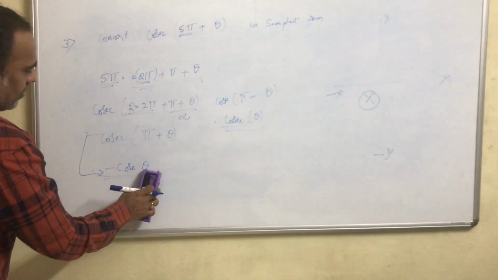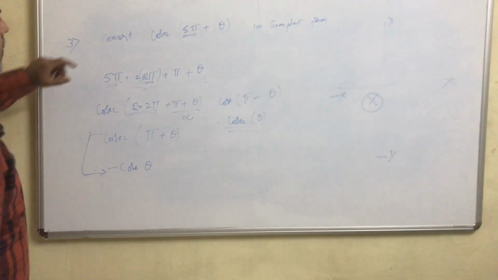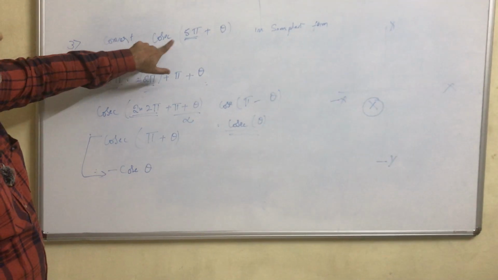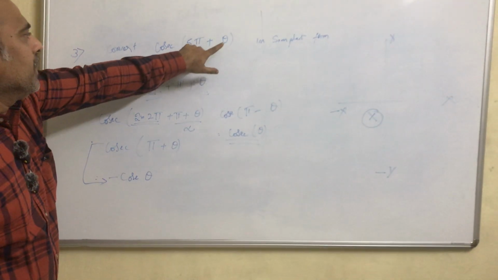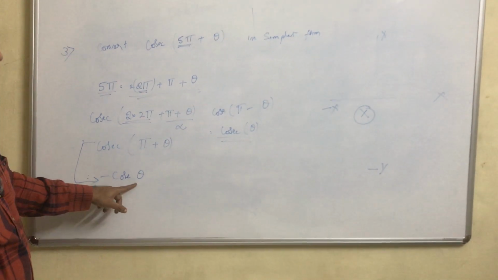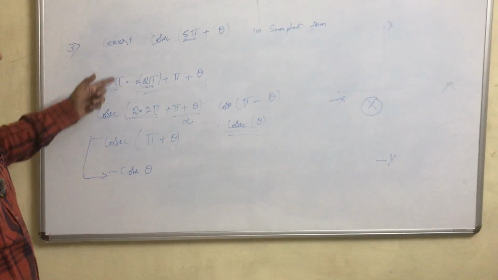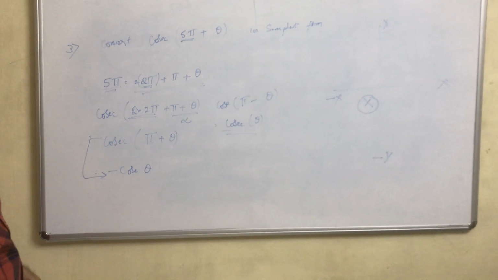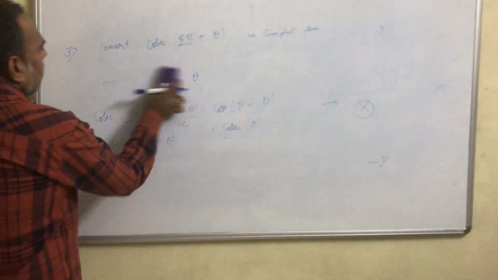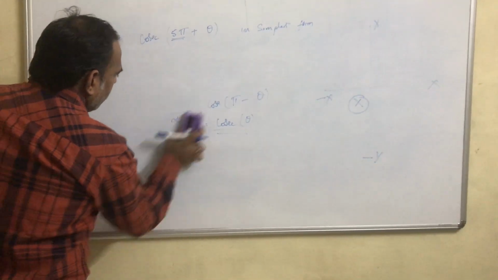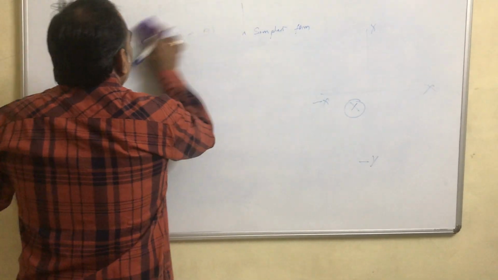Okay, so if we simplify cosecant of pi plus theta, we will get minus cosecant theta. Just note it down. Okay, we will solve one more problem, and